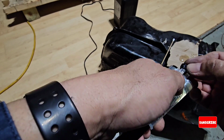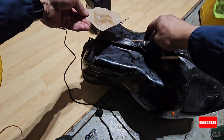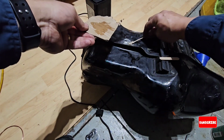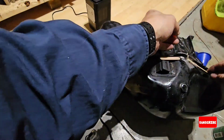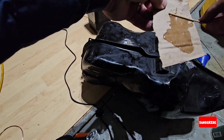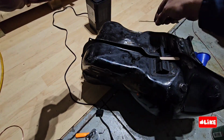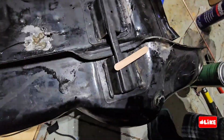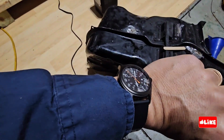So once you are done with the quantity, you can mix it with wood. Don't use metal because it will make a reaction. So what I'm doing is just covering the holes so we don't have any more leaks. The intention of this is just to cover the leaks, and then to use a gas sealer from the one that you can wash your tank, and then remove all the prep the metal, and then once the metal is prepped, you can pour the